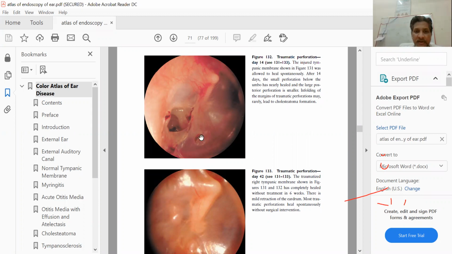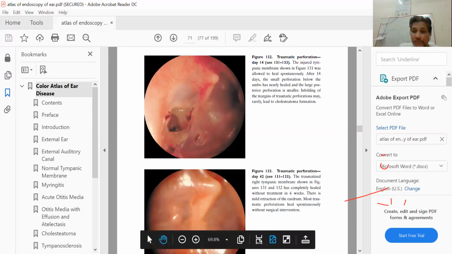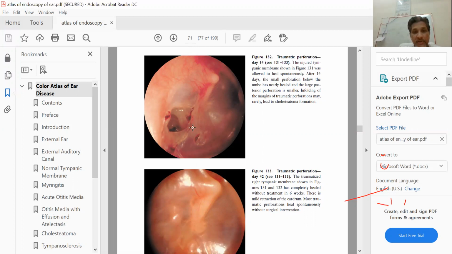You can see that there is a small perforation which has almost healed now, and there are still some bleeder patches or settled bleeding patches on the other large perforation. So this is again a traumatic perforation. Traumatic perforation can occur as a result of slap injuries or engagement sports, or even the most common is road traffic accidents. So you can easily see that the two prominent things will be a bleeder on the margin and an irregular size perforation.